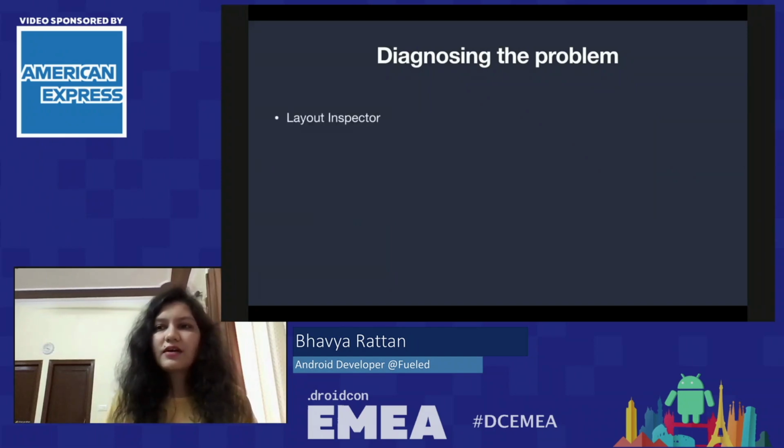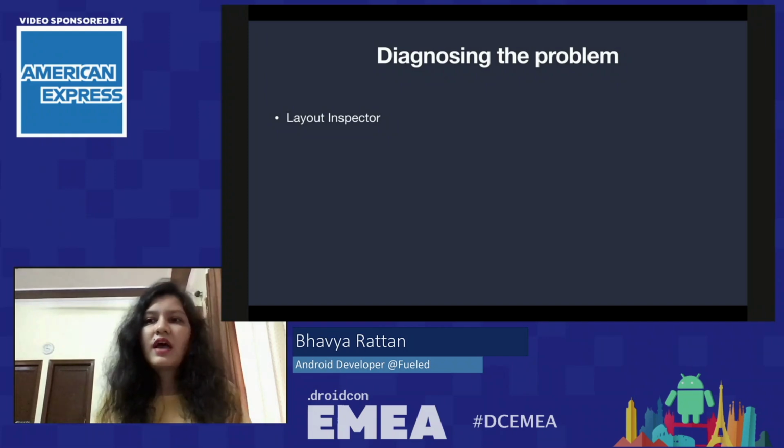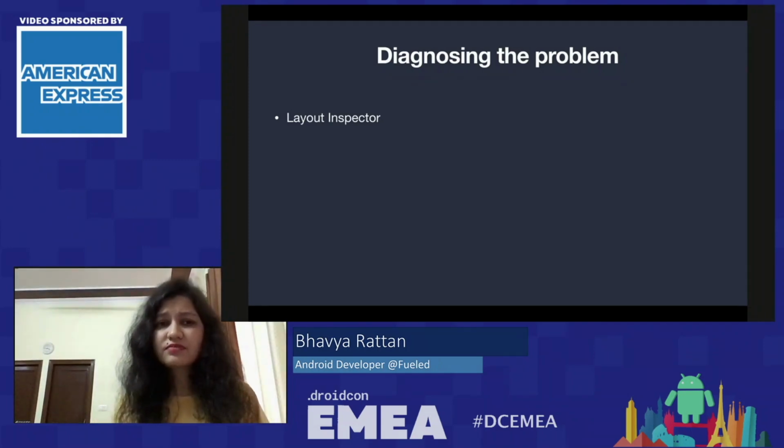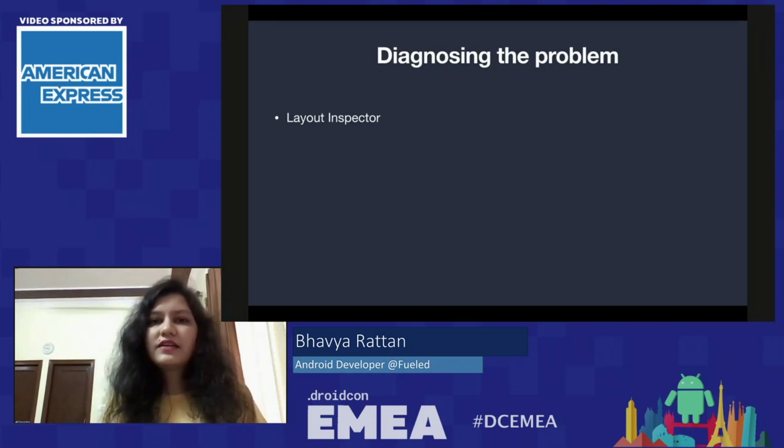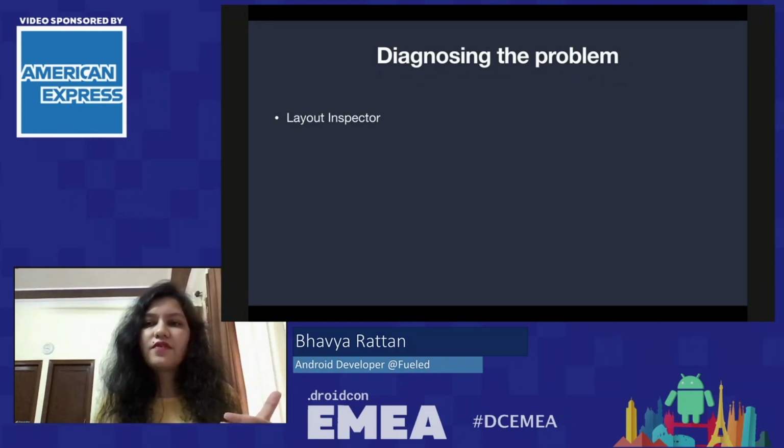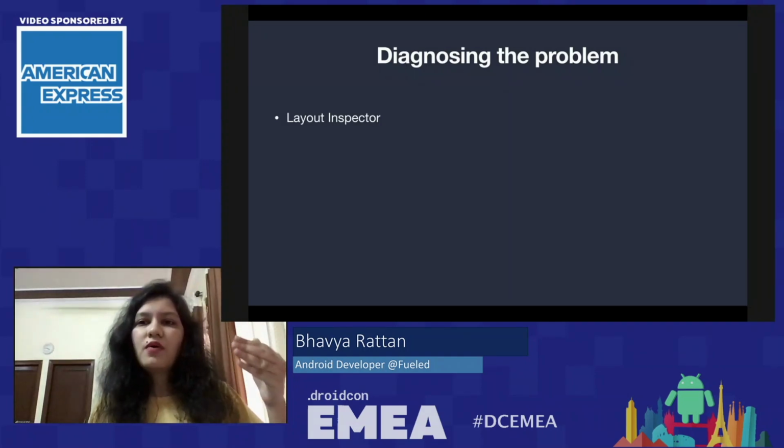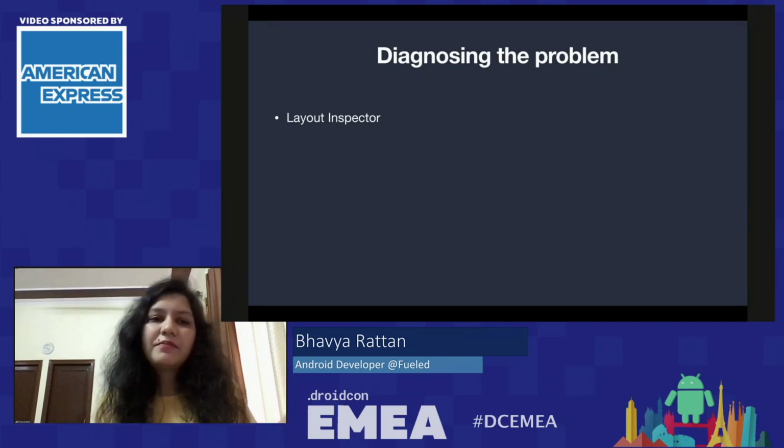Android comes with a bunch of really amazing tools to help you diagnose which layout is basically causing the jank. Let's discuss them one by one. The first one is the Layout Inspector, which helps you get your layout hierarchy in the form of a tree, which helps you identify the depth of your layout and avoid any nested parent view groups once you see them.